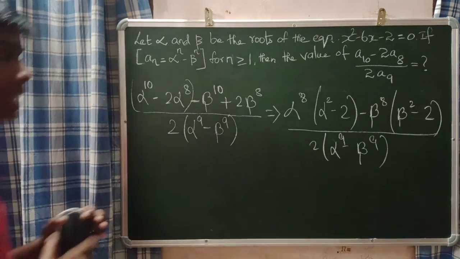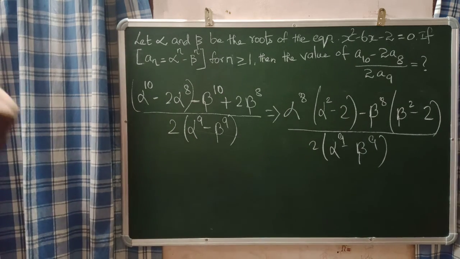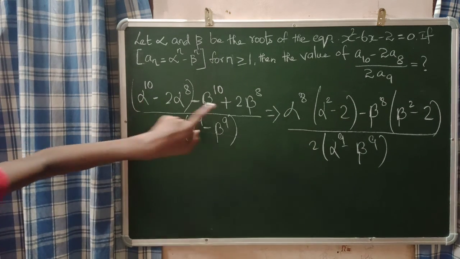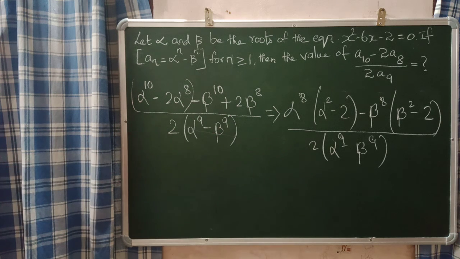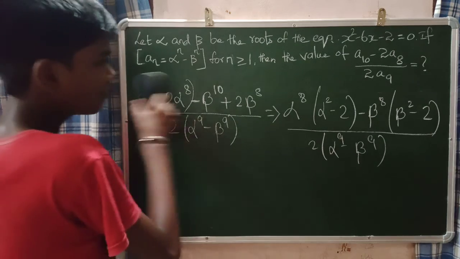This is what you will get when you take a common term in these first two terms and a common term in these two terms. Understood? I hope you understand. For the first two terms, I took one term common. For the second two terms, I took one term common. That's the regrouping terms method. You know that already. That's what I did now. Now guys, after this,